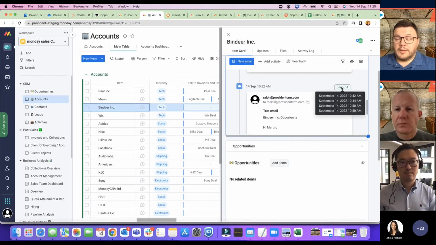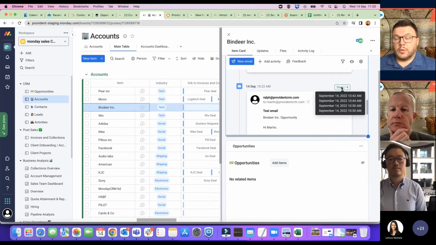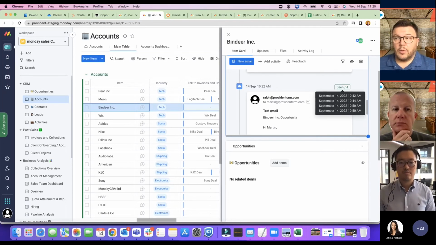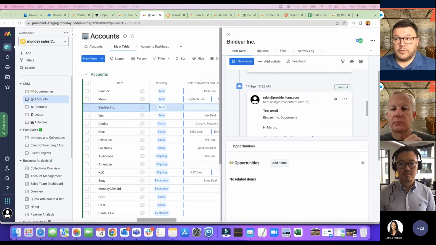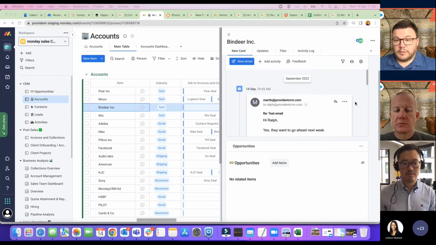We can also see with these features whether an email has been opened or not. So as with a lot of other CRMs, there's a way of tracking the emails and being able to know what's happening with regards to, has that email even been opened yet? If it hadn't been and Martin hadn't replied, that would just say not opened. So we know, okay, that's still waiting to be found out what's going on. But importantly, it's all there and it's all extremely transparent as to what's happening with regards to various deals and sending of those emails.